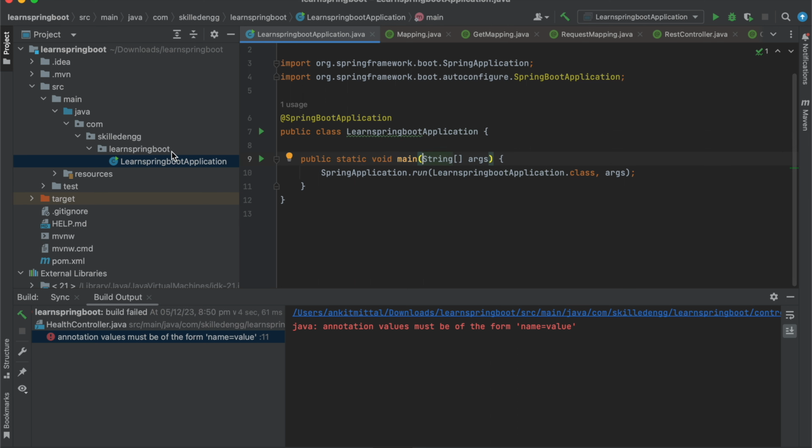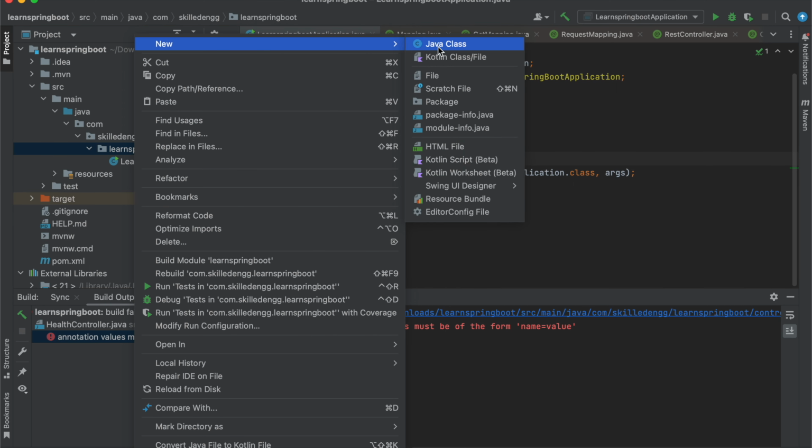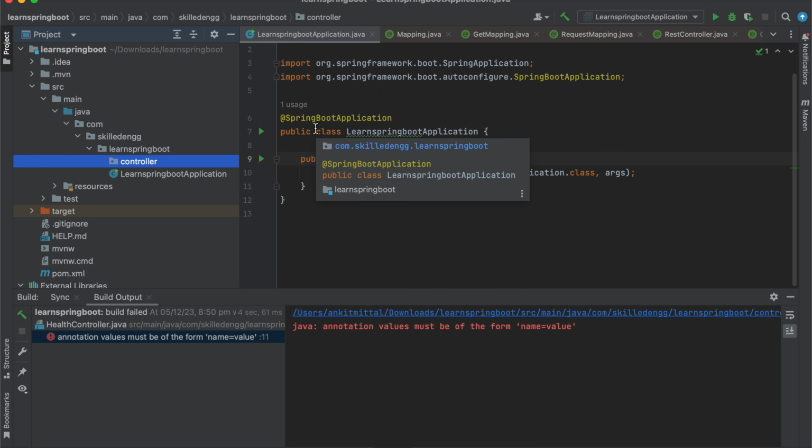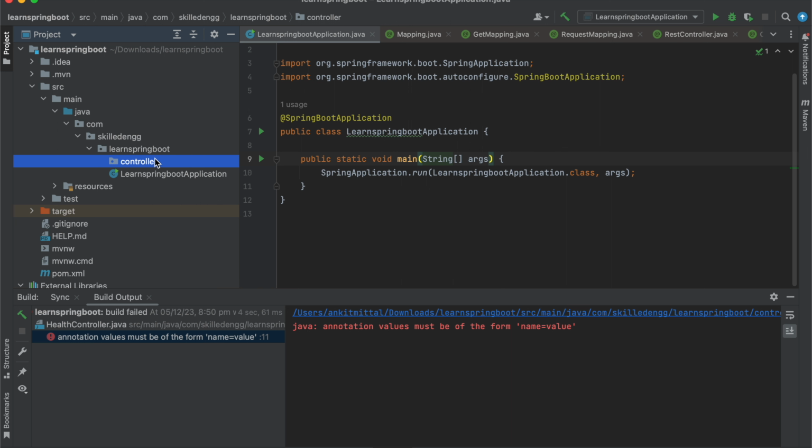To create the API, first we will create one more directory inside this Learn Spring Boot directory. And we will name that as controller, and we'll keep all the APIs in this controller directory itself, which we will create in the entire Spring Boot